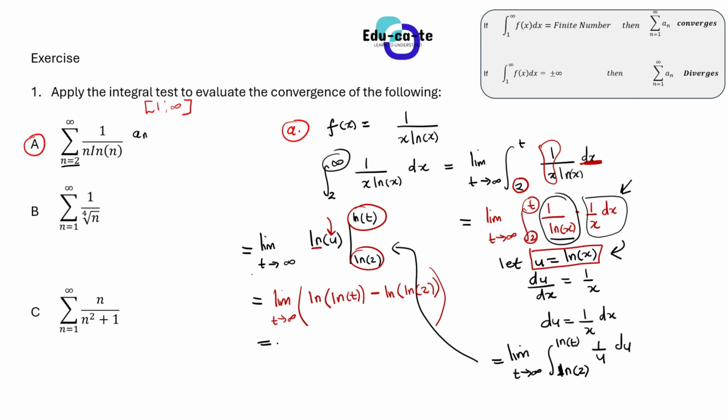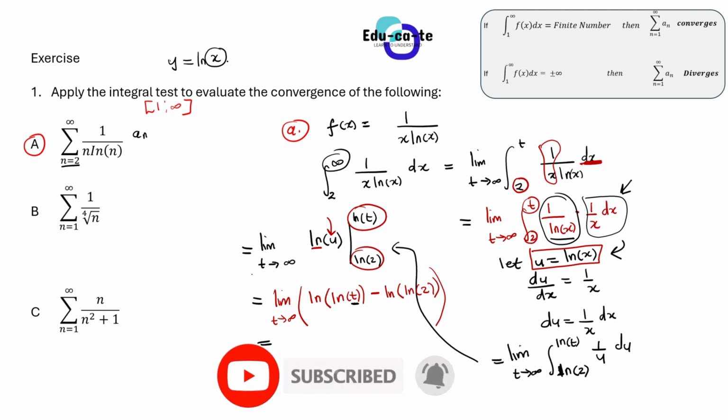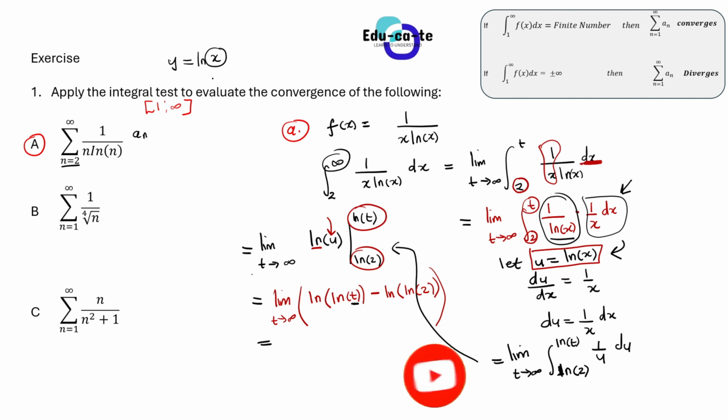So now as t approaches infinity, for this limit here, as t becomes bigger and bigger, I've even said in my previous video that whenever you have the limit of a natural logarithmic function, such as y equals ln of x, if x approaches infinity, if x becomes bigger and bigger, the natural logarithmic function is also going to approach infinity. So the answer for this limit is going to give us infinity.